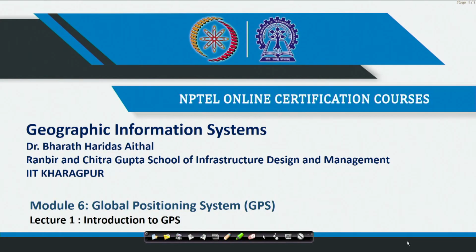Today we would be speaking on global positioning system. I have given you enough introduction about global positioning system. I have spoken about how it can aid in data collection and maybe validation in many terms. So, global positioning system by default is a standalone system which may be useful for many purposes.